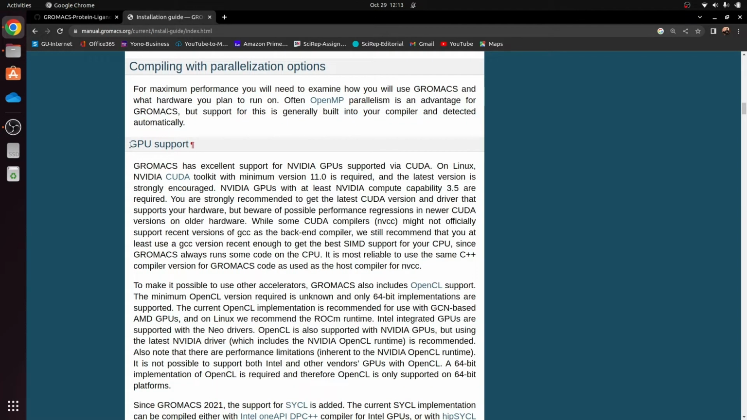there is a section which says GPU support, and it says that GROMACS has excellent support for NVIDIA GPUs via CUDA. Okay, so this is something that you have to remember. The crucial part over here is that you cannot simply use the GPU which is already there, but before your GROMACS installation you have to make use of an installation which is mentioned over here, which is NVIDIA